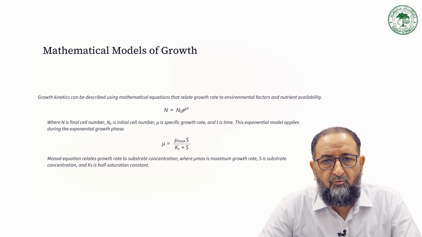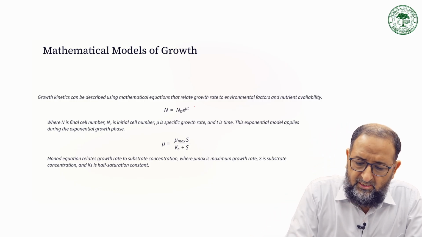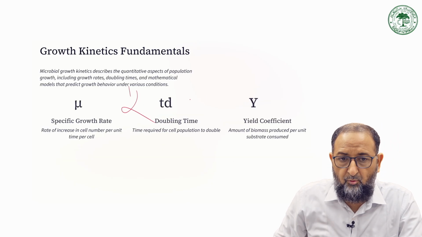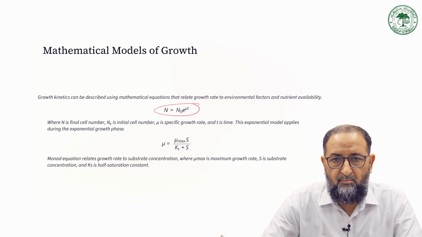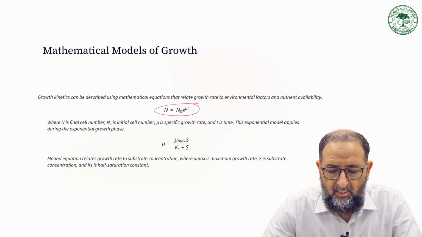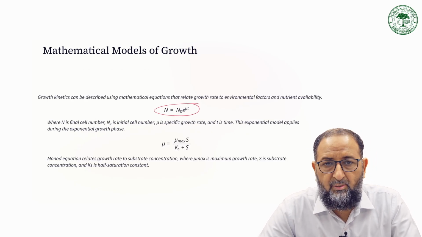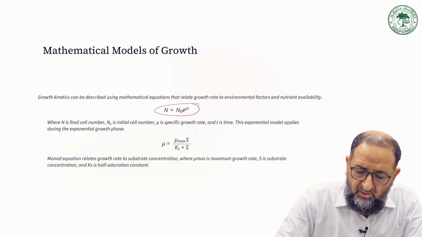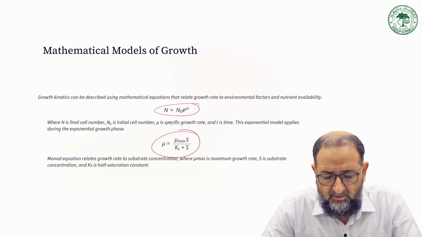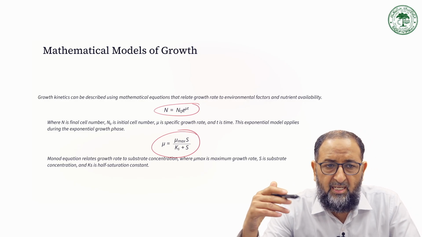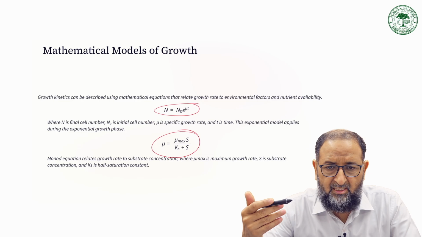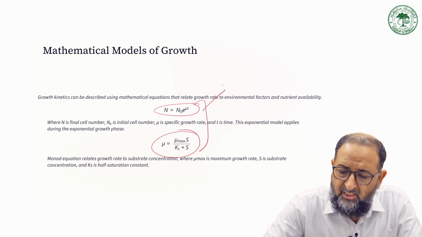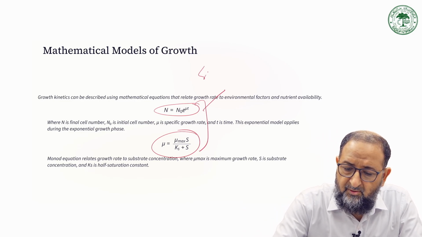The mathematical model of growth. What is the mathematical model of the growth? This is a simple equation where you can calculate through these coefficients: mu, TD, and Y. Just by calculating the total growth and initial growth, with e to the power mu t, this formula will calculate mu maximum and then k, the kinetic. Now this kinetics will tell you the whole growth rate, how fast the growth is taking place. Now this can specifically be identified for specific